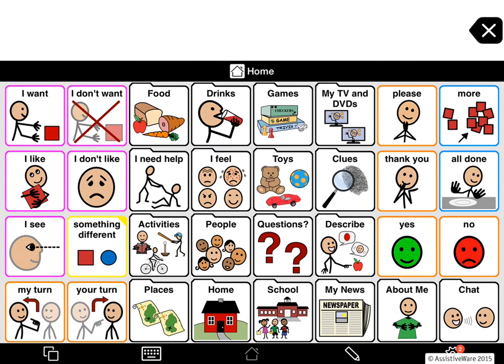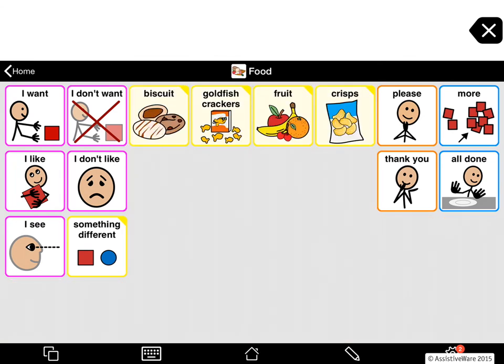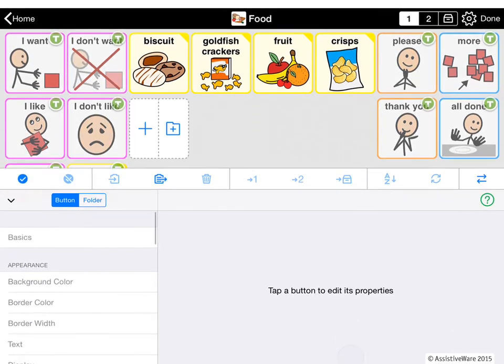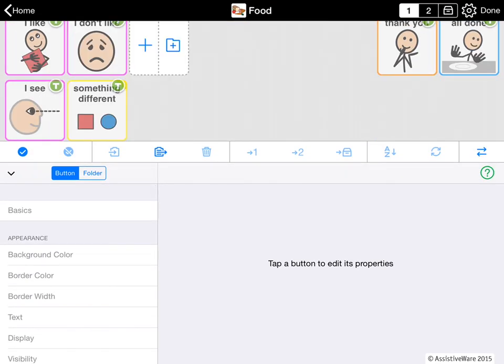And now I'm going to go into Food. And you can see that food for basic communication is pretty basic. And food is often something that a person who is a beginning communicator can handle more vocabulary around because it's a highly motivating and frequently occurring activity. So what I'm going to do is I'm going to go into edit mode, and then I'm going to tap Folder